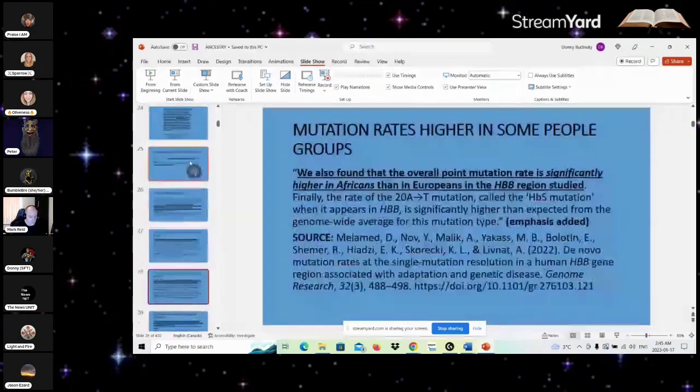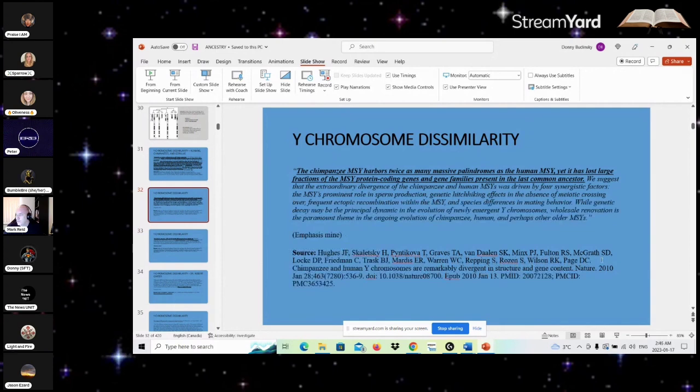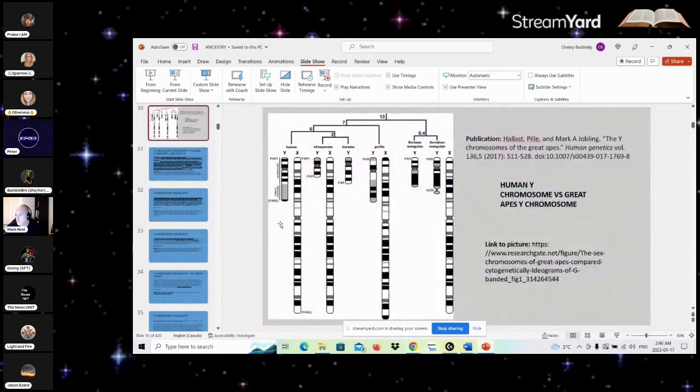Specifically, what I'd recommend, Bree, is go to this paper. This is the one I've read in detail numerous times, from 2010: Chimpanzee and human Y chromosomes are remarkably divergent in structure and gene content. You've got the key there, and it goes through all your different colored portions. It says here's the difference between the X-transposed regions and the ampliconic regions, and it'll give you all that. The size differences, it'll all be there for you.